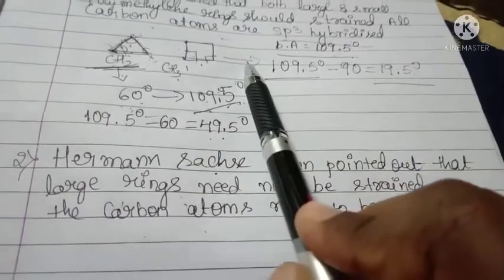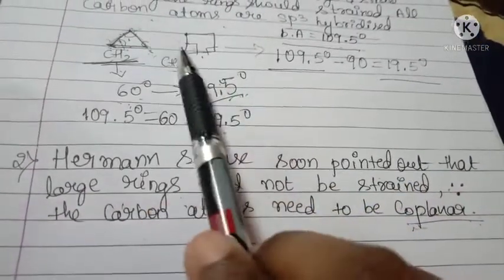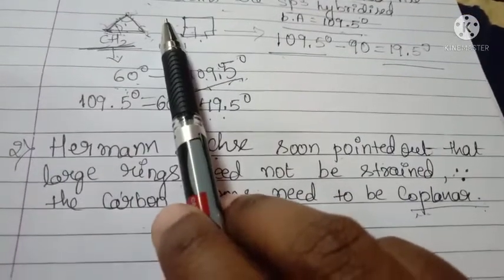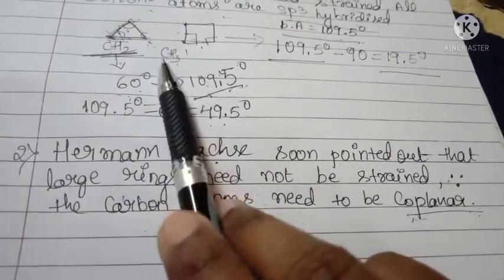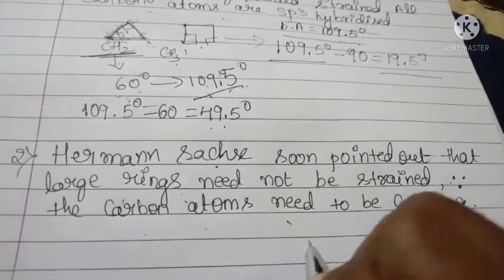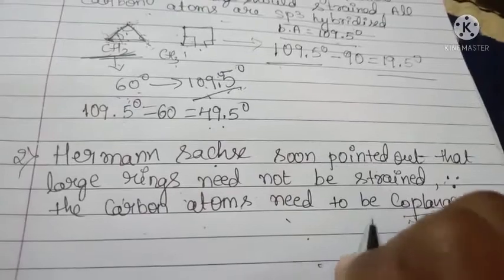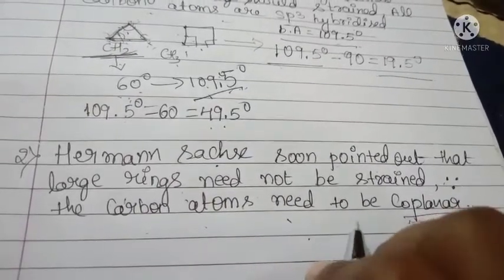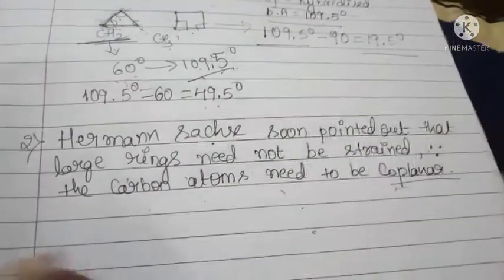But in Bayer's first point, he explains that all small or large polymethylene rings should be strained. But Sachs explains that large rings need not be strained because the carbon atoms need not be coplanar. Okay, the last one is